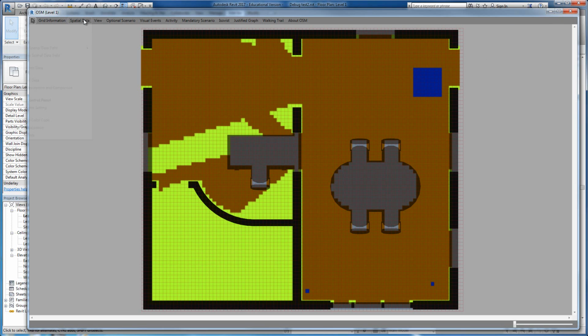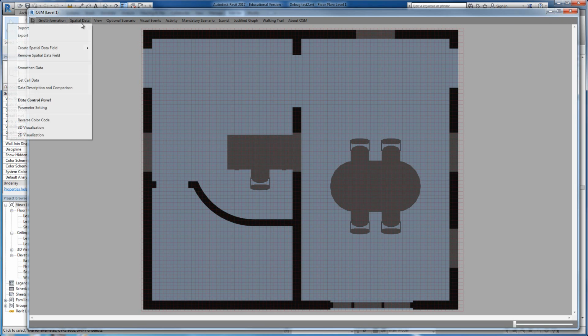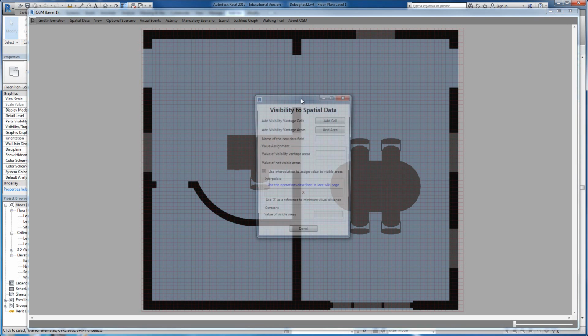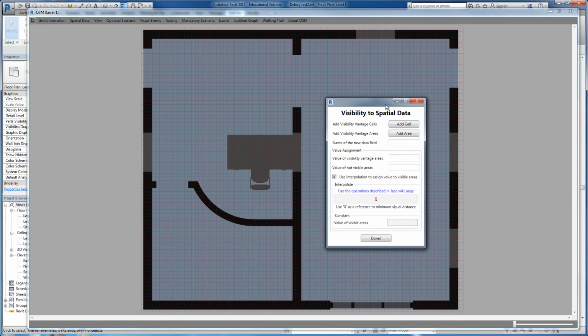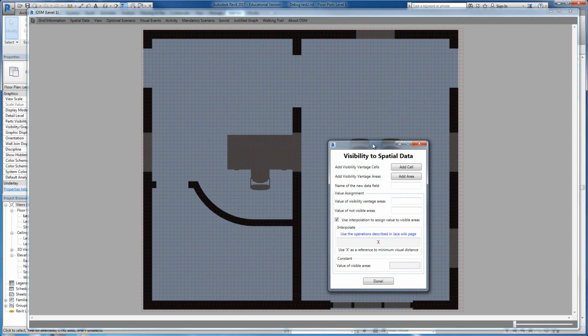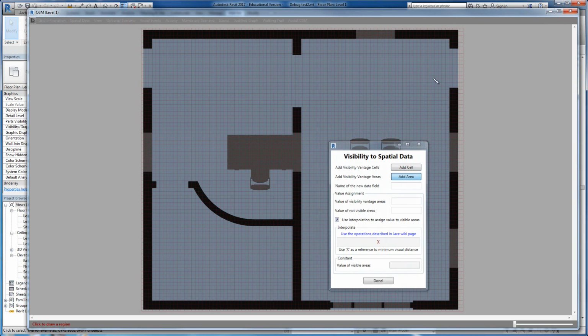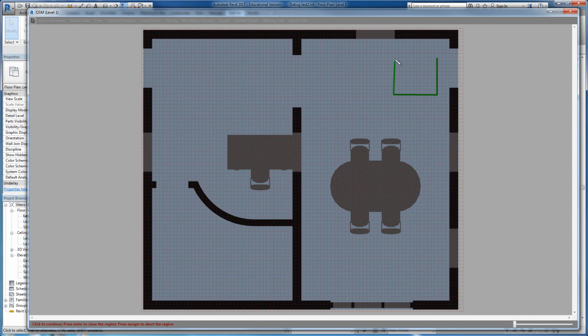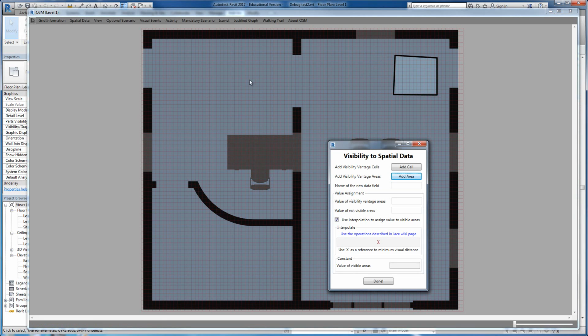And we can do an interpolation, and the interpolation is intended to serve a very specific purpose, which means that we want to consider the effect of distance on visibility. So let's say that I will create this area in here, and if the cells are visible but they are far away, we want to make sure that they are as good as invisible. So let's say that the initial value is actually 10, and we want to give the vantage